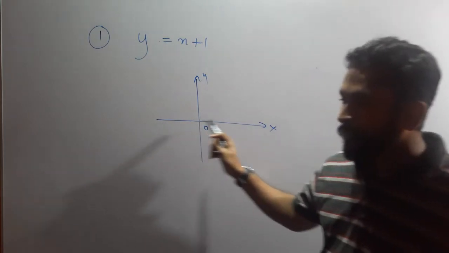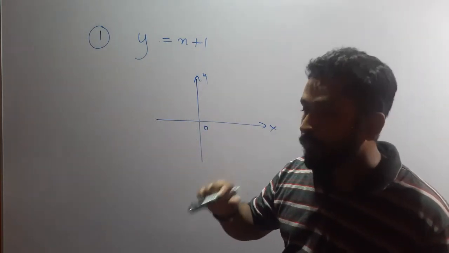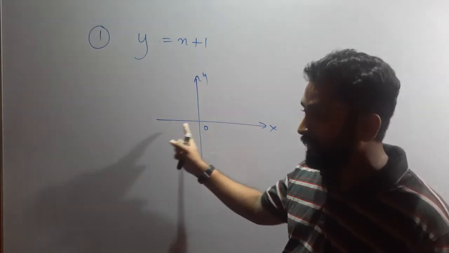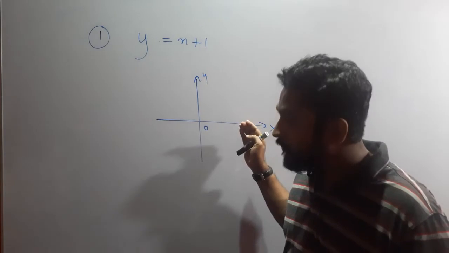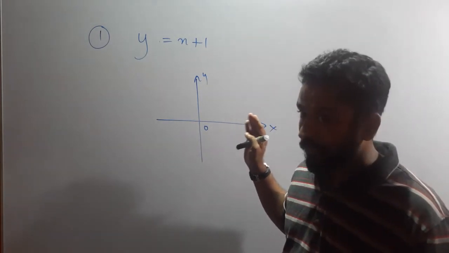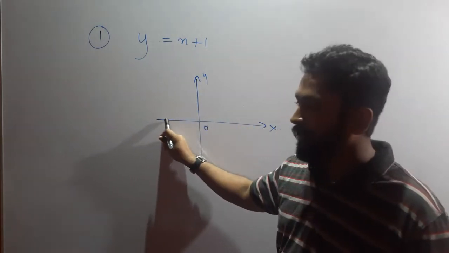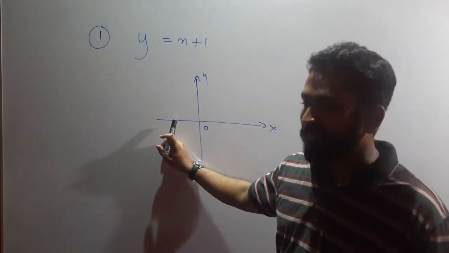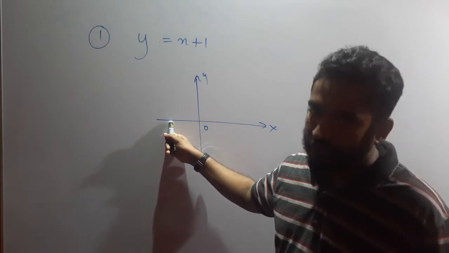I am going through this x-axis. Then you have to answer me for my question. I am going through this x-axis without shifting to either ways. I am on the track of x-axis. X-axis කියලා track එකේ මම ඉන්නේ. From there to there I am going. What is the value of y?